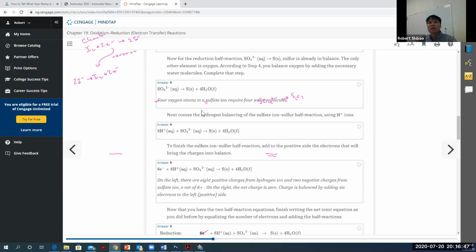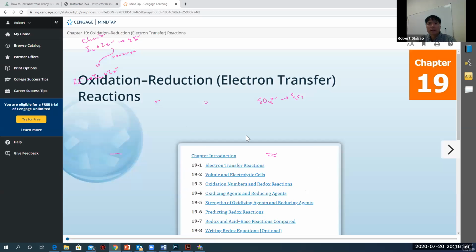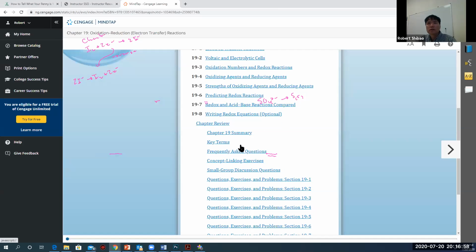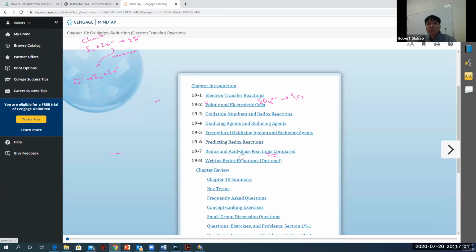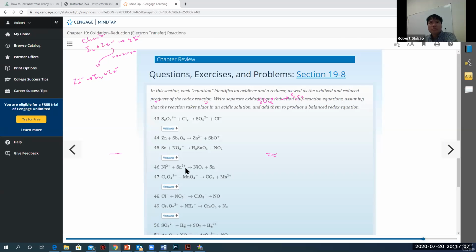So this is another example of skeleton, but you know, half this skeleton is off the chart. Let's look at some other examples of skeletons that might not all be on the chart. And so what section is that? Writing redox 19-8. So when I look at this, I have these to deal with. So thiosulfate going to sulfate, this is not on the chart, so we have to do this skeleton.